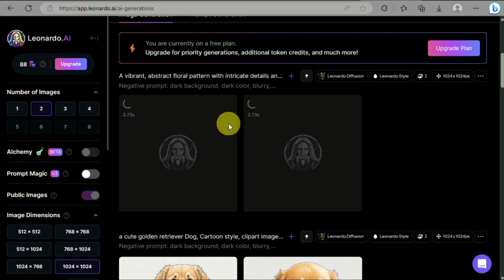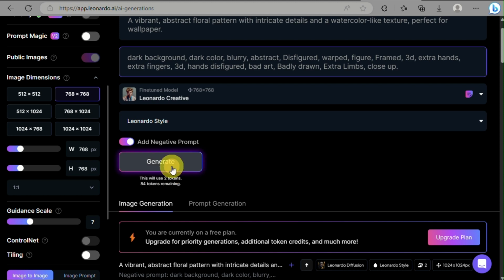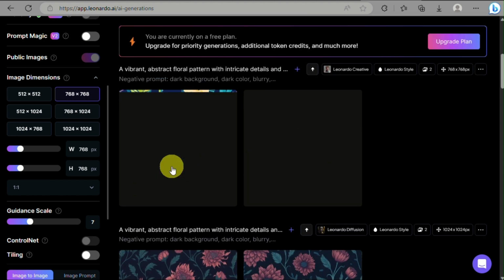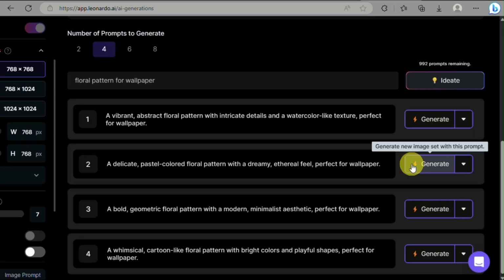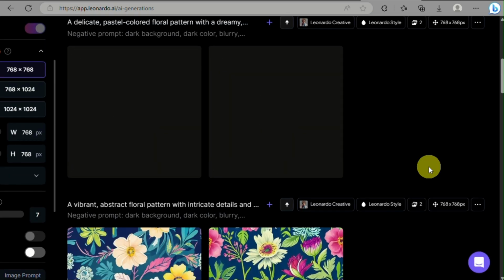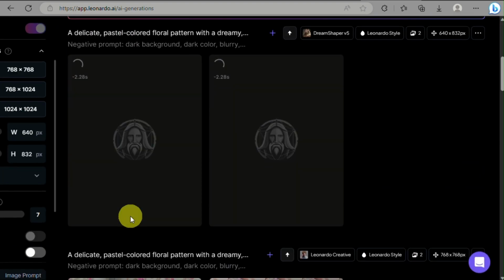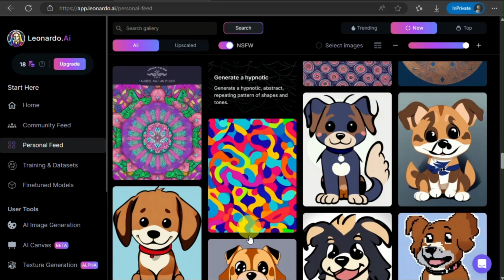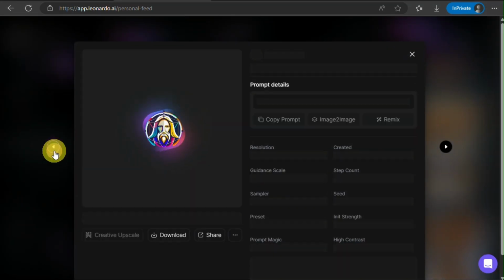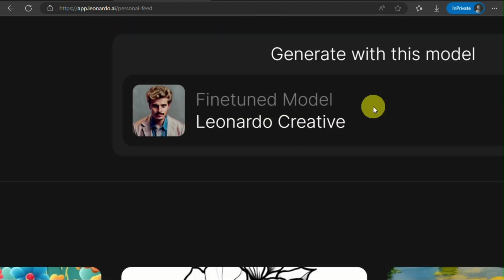So what you can do is, with Leonardo AI, they actually have a prompt generation where you can just type in what type of digital paper or what type of design you'd like to create here on Leonardo AI. And then you just need to wait for Leonardo AI to generate the prompts for you, so that you no longer need to think about what type of prompt you will be using,